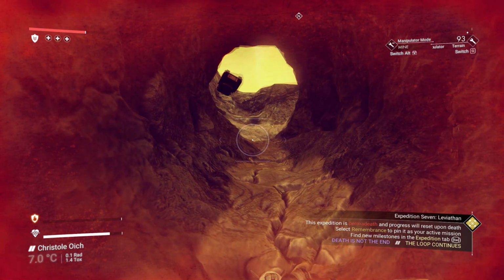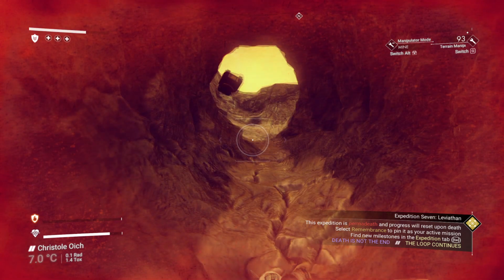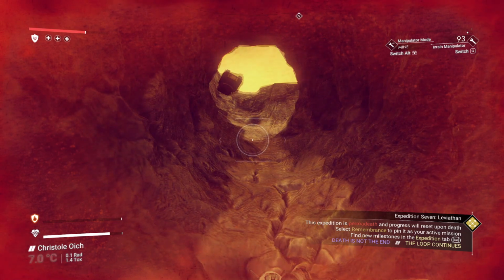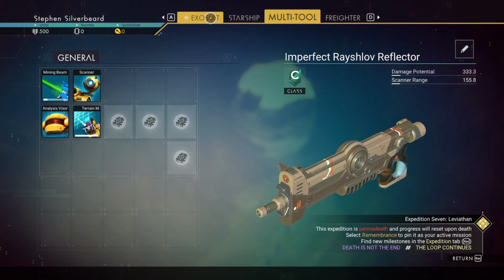Expedition is permadeath. Permadeath? Progress will reset upon death. Select a remembrance to pin it as your active mission. Find new milestones in the expedition loop. Death is not the end. The loop continues. So is that implying that...